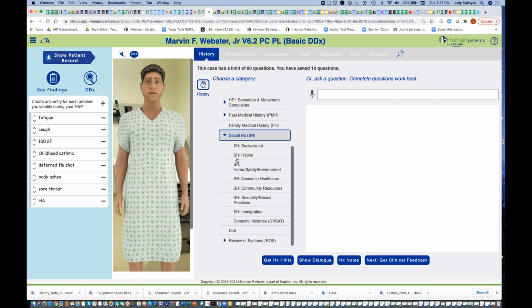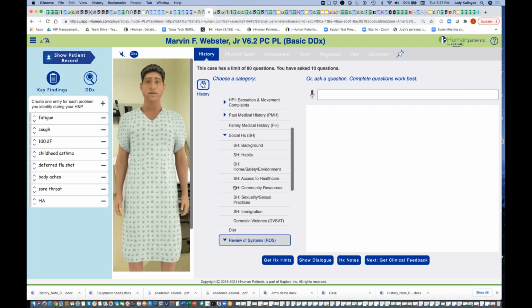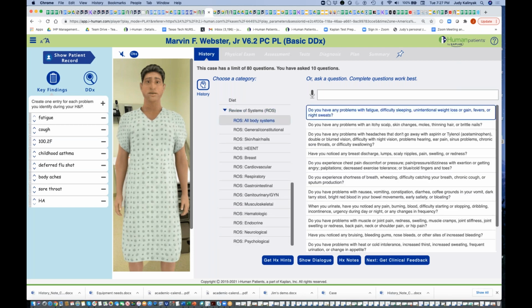Social history, I would definitely look at his social history. He went from living at home to living in the dorm at college. I don't know about you, but there were big changes in my social situation during that time. And then I would start with the review of systems. And you've got 13 body systems. I usually do the top 5 or 6: heart, lungs, central nervous system, stomach, GU, and skin for the focused